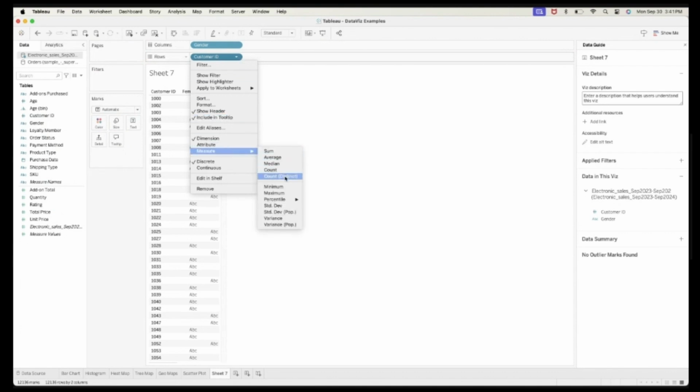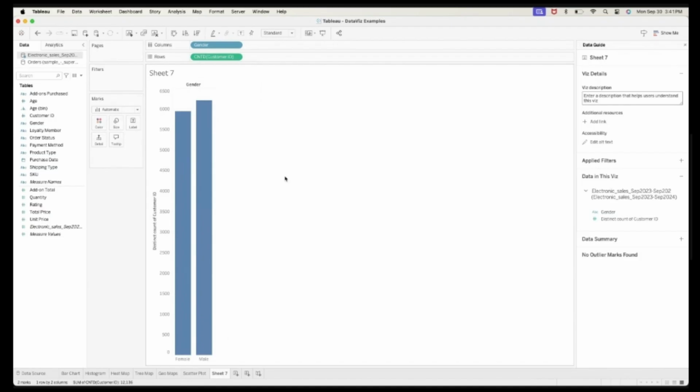Since sa aking data set, I have duplicates or maraming iteration, syempre, order kasi yan, yung customer. So maaring bumili siya ng 10 pesos sa stores. That's why yung 10 beses din na ulit yung kanyang customer ID dun sa record. So in order for me to count that particular customer ID, I'll have to make use of the count distinct. Count distinct, ibig sabihin distinct, it's unique. So I will only count this particular customer ID once lang. And that's just one customer count.